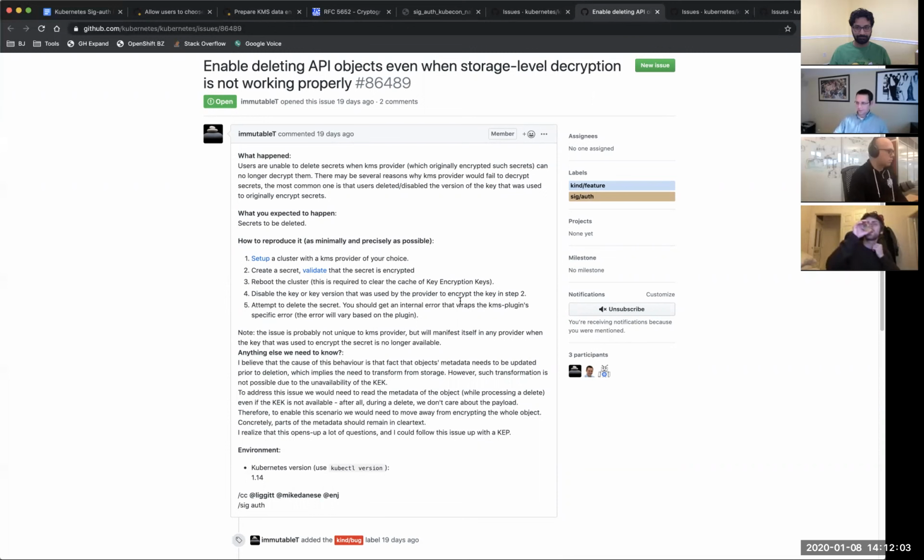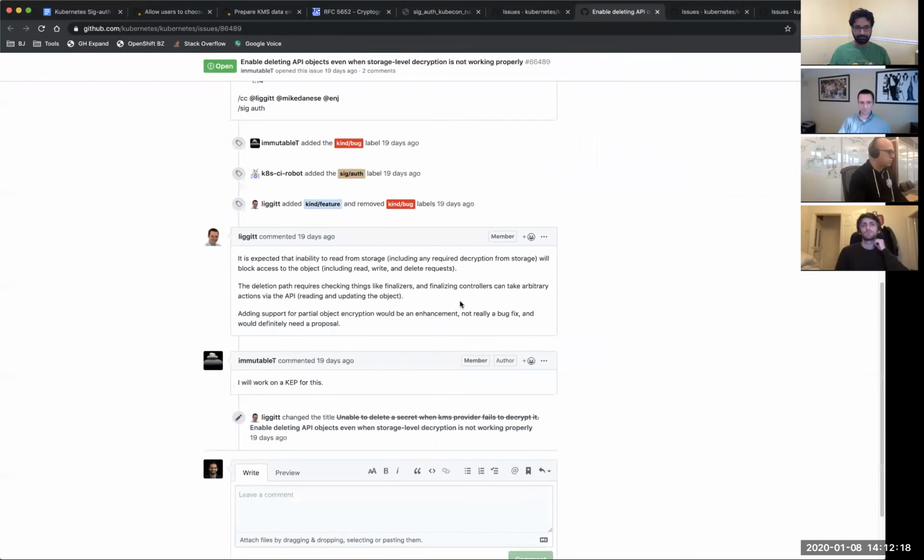Basically, today we encrypt the whole envelope, including the metadata section, which is the crux of the problem. If you cannot decrypt the whole payload, you're basically no longer able to do anything with that